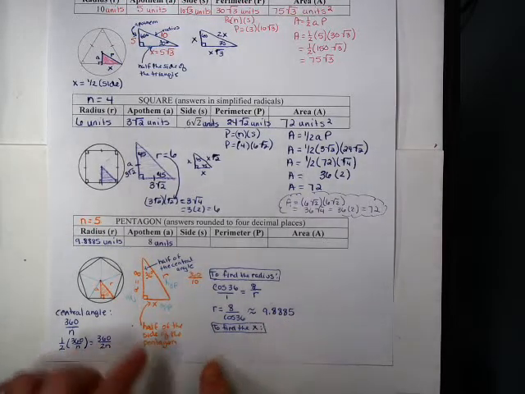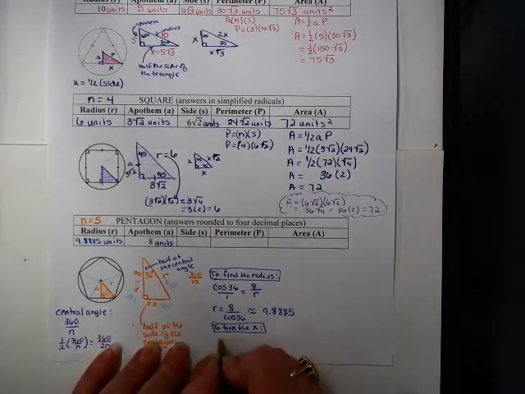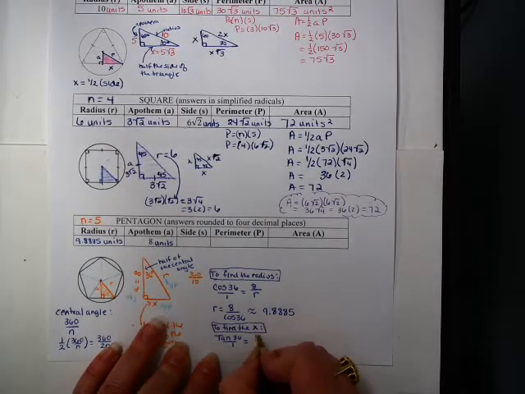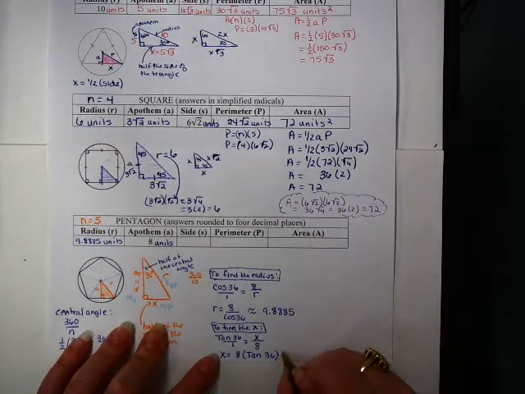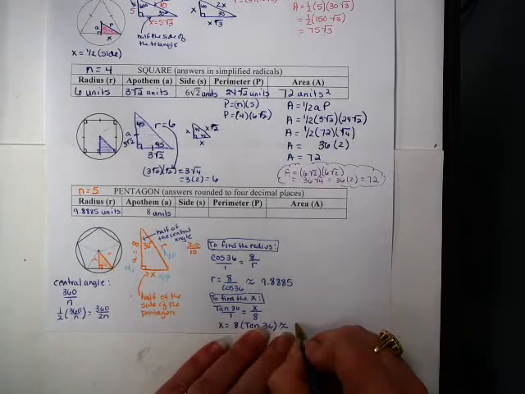Alright, so opposite, adjacent. Opposite and adjacent, that's tangent. So we're going to write tan 36 over 1 equals opposite, which is x, over 8. Cross multiply, so x is going to equal 8 times tangent 36 degrees. When you plug that into your calculator and round correctly, you end up with